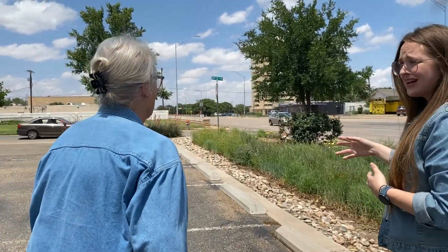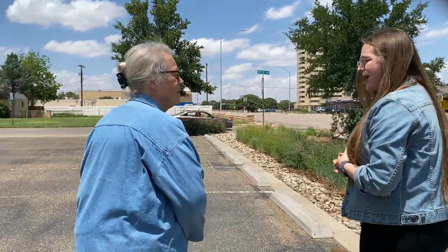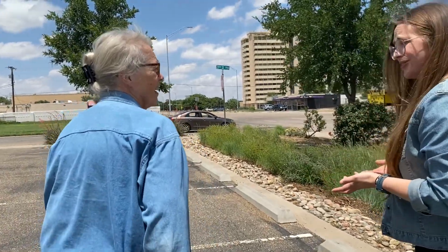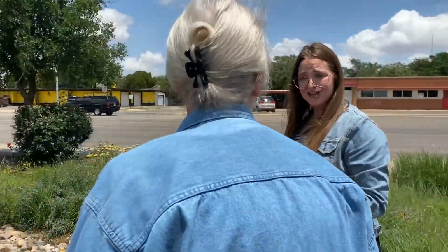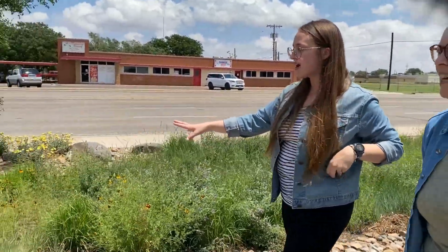We did lose a couple of plants this year to the freeze that we had back in February. So some of our silverberry is kind of sad looking. One of our knockout roses kind of got taken out a little bit, but we're holding on hope. So if you come out here and check out the garden and things look a little crunchy or freeze damaged, well, we're just going to see if they live for next year. We're kind of doing an experiment, but down on this end of the garden, it does stay a little bit drier. So that's where we've got some of our